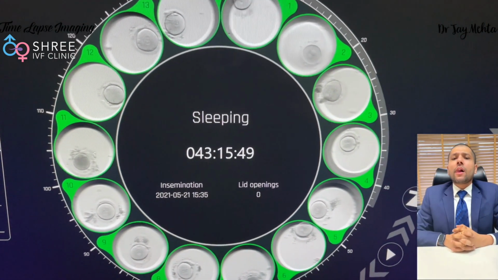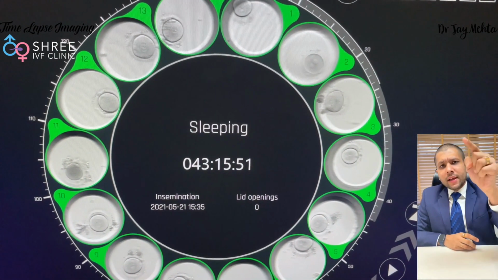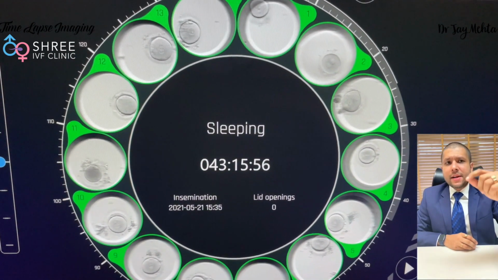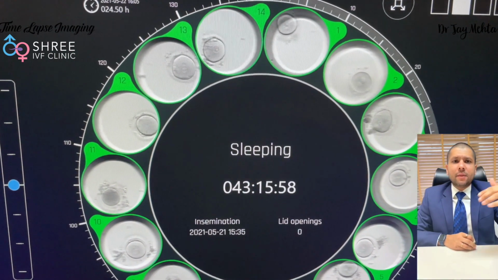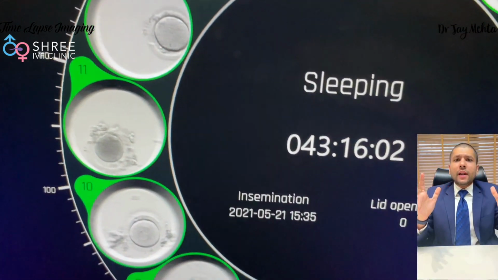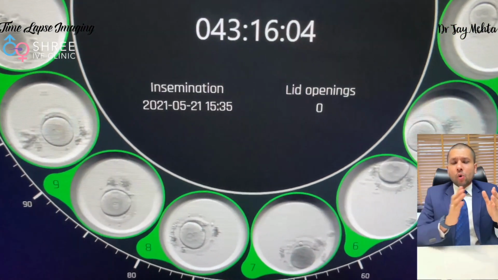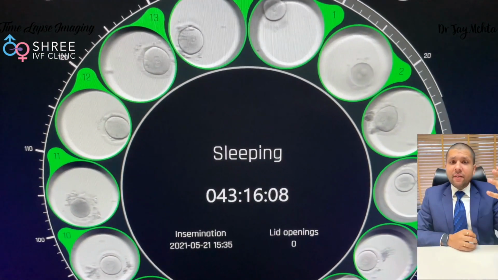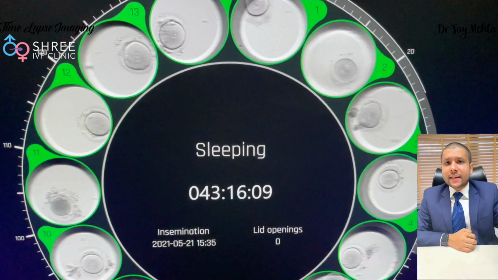So you can see now, this is the LCD screen which is visible on the incubator, and you can see all the embryos which are placed in separate wells. You can see number 1, number 2, number 10, number 11, number 12, like that. What happens is we accumulate data of this over a long period of time, that means 5 days of culture. And after 5 days of culture, this is how it exactly looks.